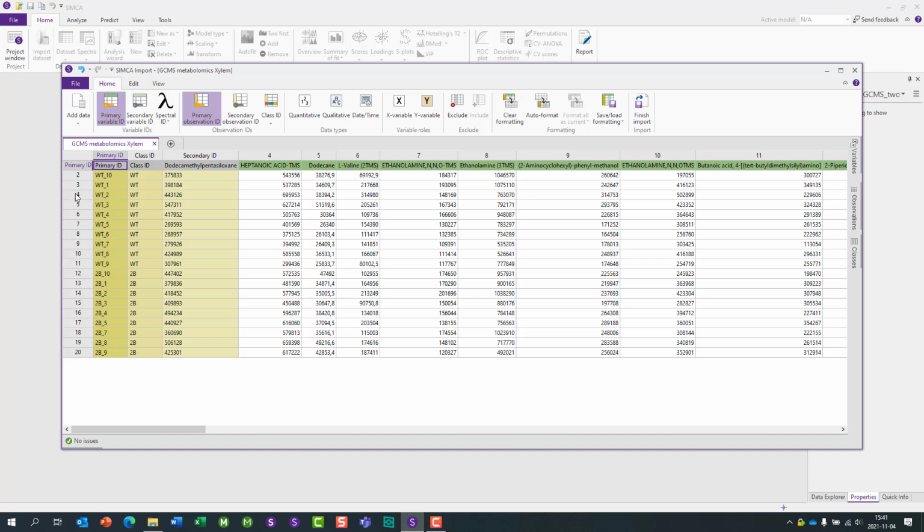The SIMCA import needs at least one primary identifier for the columns, the variables, and the primary identifier for the rows, the observations. You can think of identifiers as names or labels that you display in plots, and you can also use them for enhancing certain information aspects through, for instance, coloring. Beyond the primary IDs for the observations and the variables, you can define optionally many secondary IDs representing metadata, information